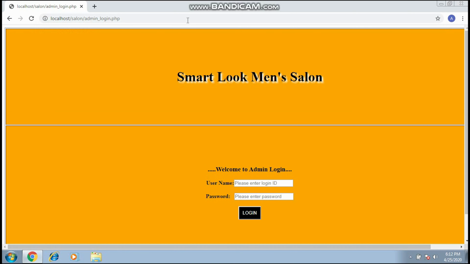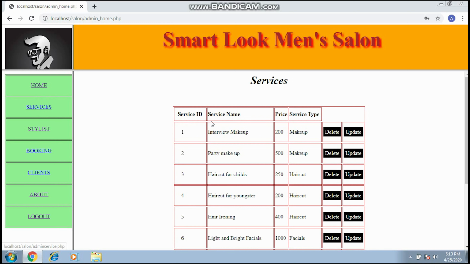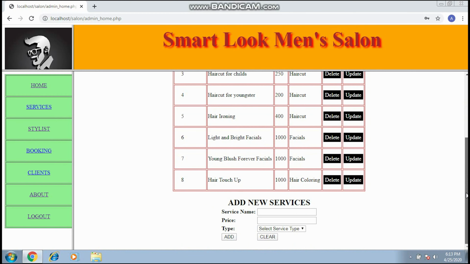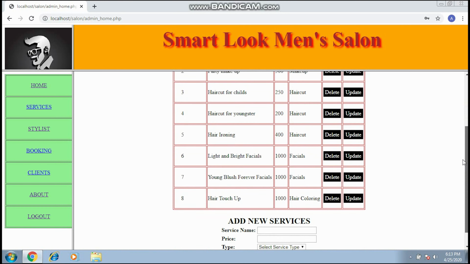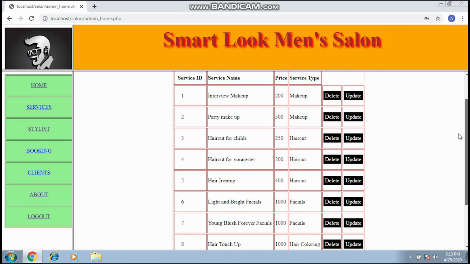Now, this is the admin login that we will do. You enter the username and the password and click on login. Here, as an admin, you can add new services, you can delete or update the existing services. Let's try to add a new service.